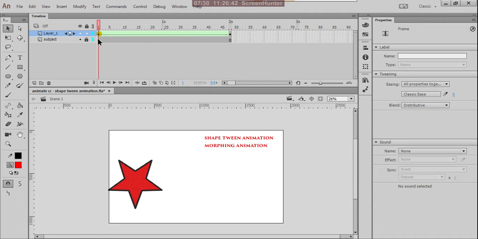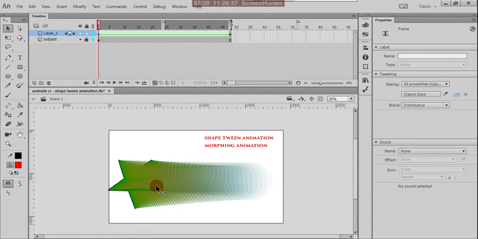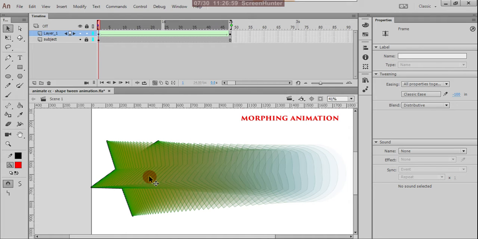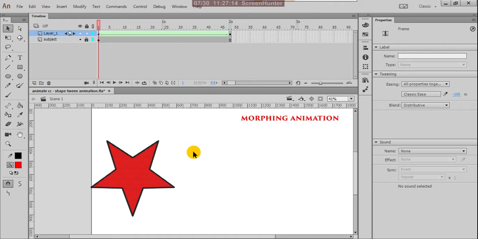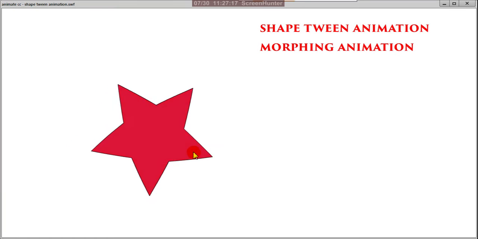The same way here you have the values of ease in and ease out. Suppose I am giving -100 and check with Control Enter, then you will understand it. See, this is slow. It's coming from outside slowly and getting faster, settling into faster. So this is slow out. It is coming slowly from outside. So press Control Enter. Understood.